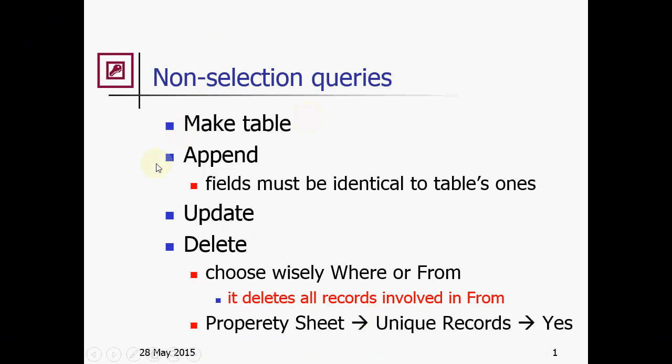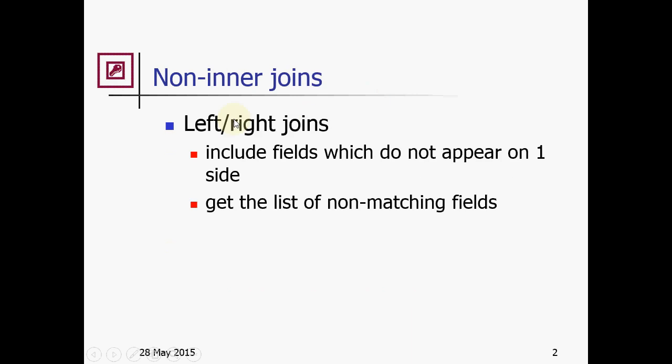And this was everything for non-selection queries. Let's go to another type of selection queries here, don't worry. You can mix both, but let's do selection queries. Most of what the queries have done until now had some relation. The relation was called an inner join because you take values from both tables if they satisfy the relation, so if they are involved in the relation. The values which are not involved in the relation